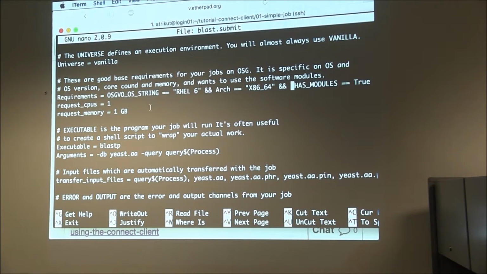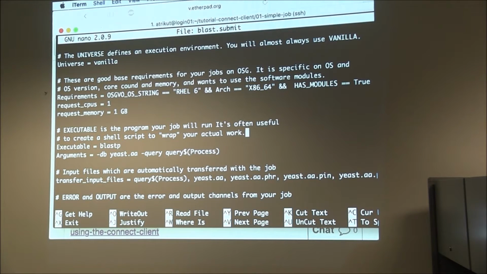You can also ask for a specific amount of CPUs and memory. As far as I know, it's best to ask for a single CPU core. There is limited support for multi-core as well. And the amount of memory that you can request, I think currently is capped at 4 gigabytes of RAM. And so that's not very much memory. But again, you'll have to consult the OSG policies to figure out exactly how much you can ask. There is, I know, support for large memory jobs as well. And again, that's on the website.